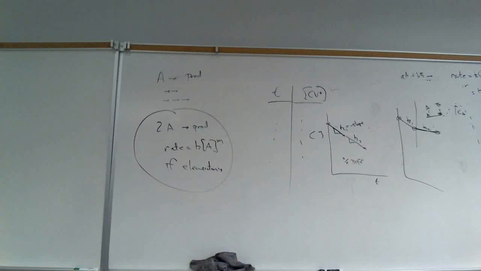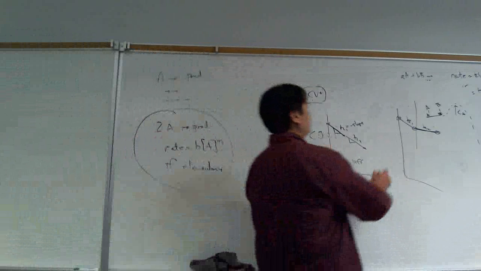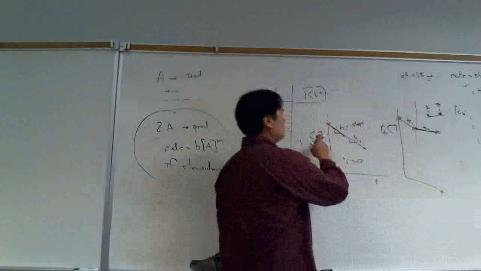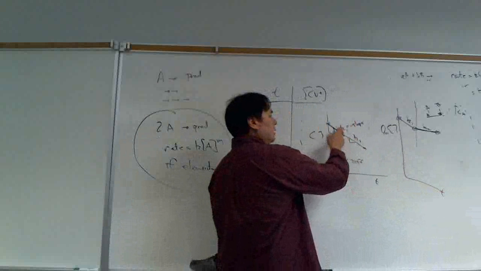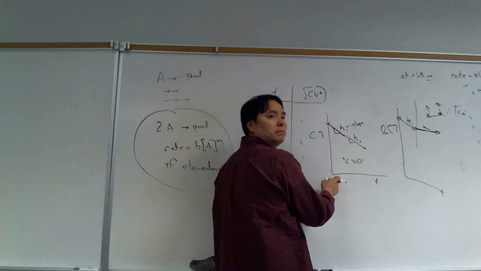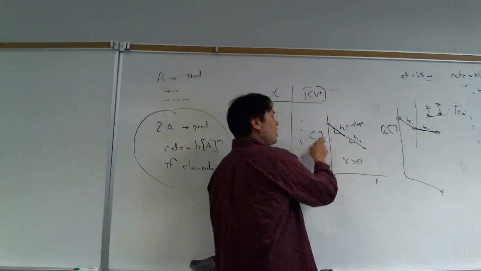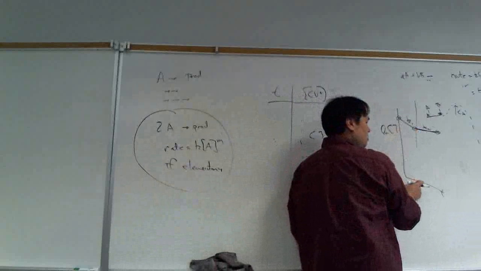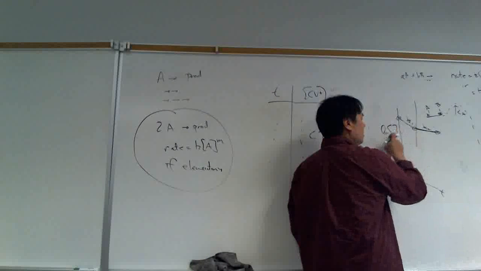But you guys know how to calculate the slope. And so we could calculate the slope here. And it's fine. You could do it like this. Y2 minus Y1 divided by x2 minus x1. In this case, y is the concentration. Y2 minus y1 divided by x2 minus x1. In this case, y is the